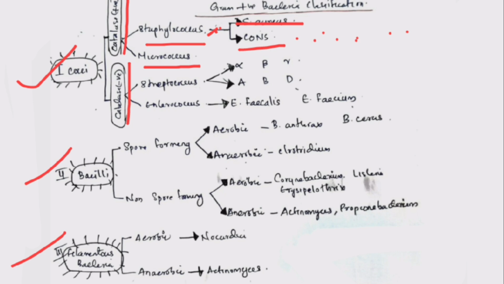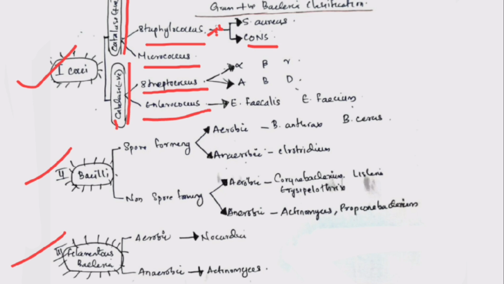So, the logical flow is simple. First, you see gram-positive bacteria on gram staining. The very next step is to perform the catalase test. If it is catalase positive, then you think of Staphylococcus or Micrococcus. From there, you perform the coagulase test, which finally helps you differentiate Staphylococcus aureus from CoNS. Now, if the catalase test is negative, the gram-positive Cocci are further divided into Streptococcus and Enterococcus.